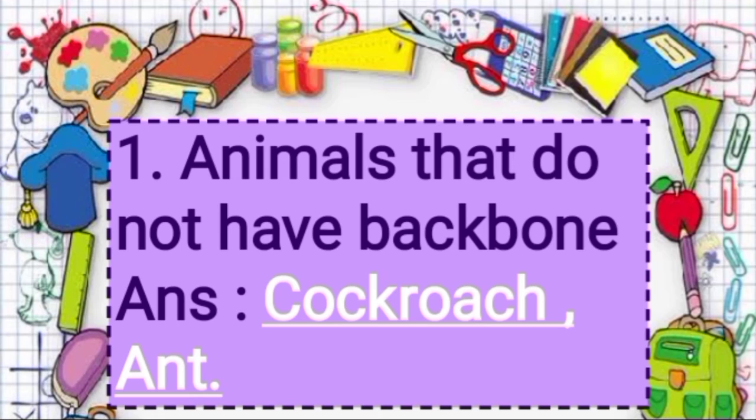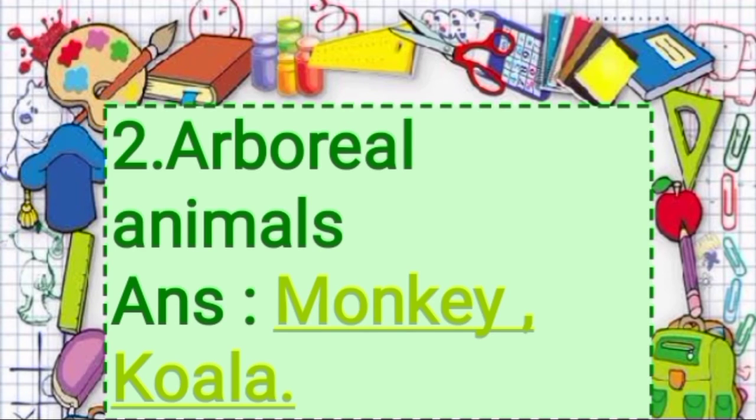So as you know, animals that do not have a backbone are called invertebrates, and based on the absence or presence of backbone, animals can be divided into these two groups. First is invertebrate and another is vertebrate. So here insects such as cockroach, ant and worms such as slug and snail are examples of invertebrate animals, meaning animals without a backbone. Now second,